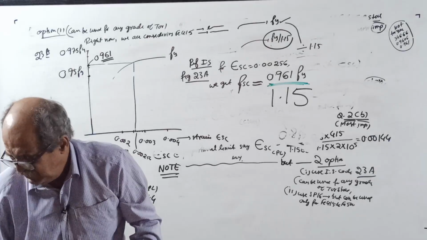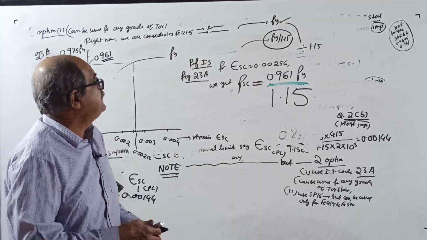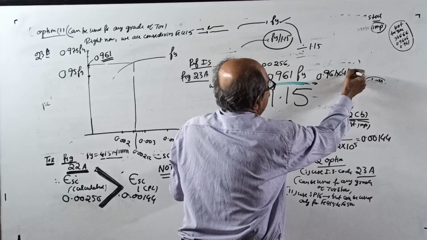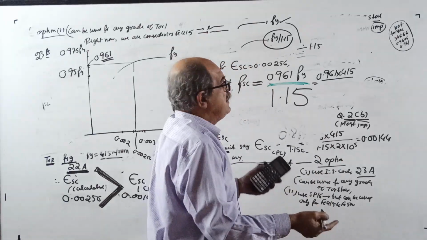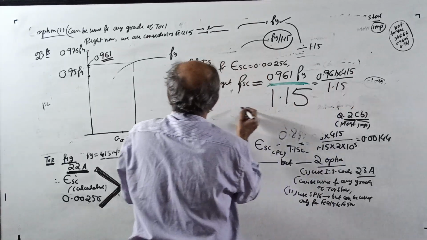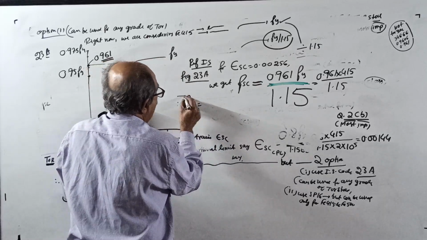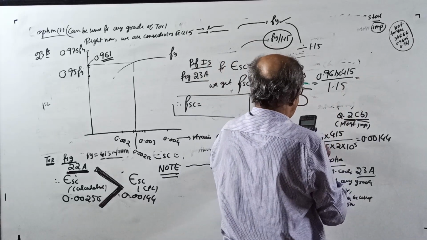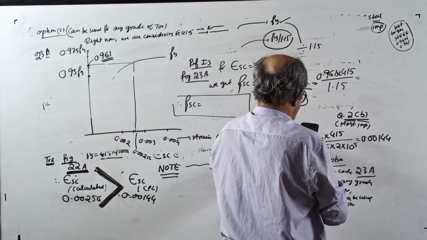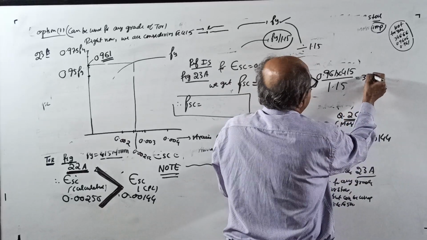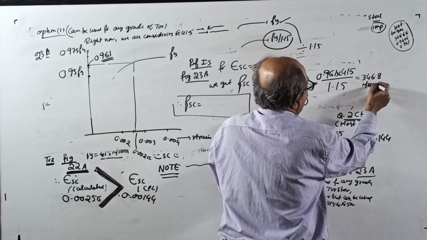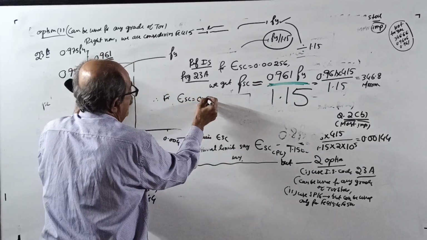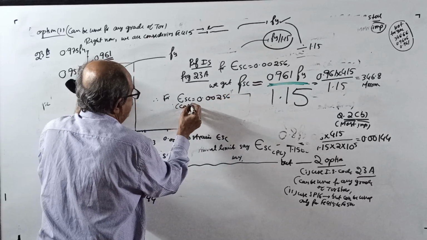See, all these things you cannot explain in the class in a systematic way. See, disturbances are there. Equal to 0.961. Our Fy is 415. If 500, put 500. If 550, write 550. Okay. Divide by 1.15. Therefore, we get FSC equal to 0.961 into 415 by 1.15, 346.8. First decimal is sufficient. 346.8 N/mm². Therefore, for epsilon SC equal to 0.00256, epsilon SC calculated, we got